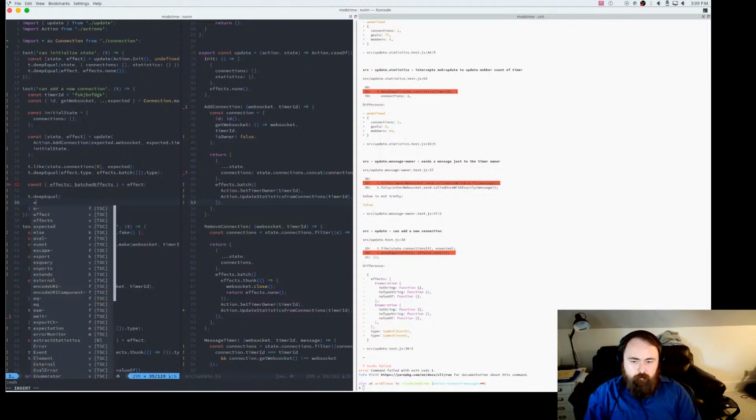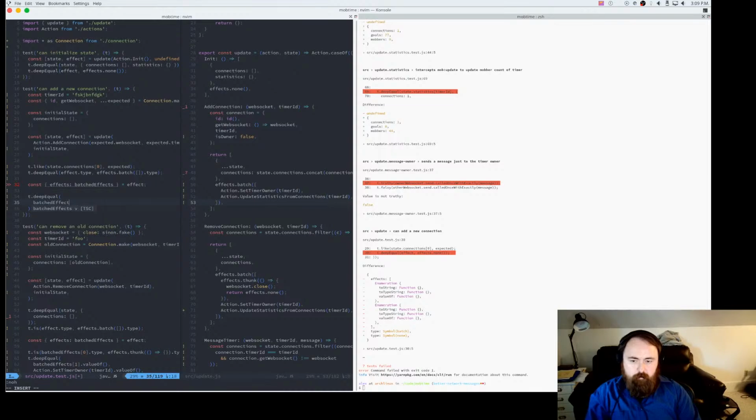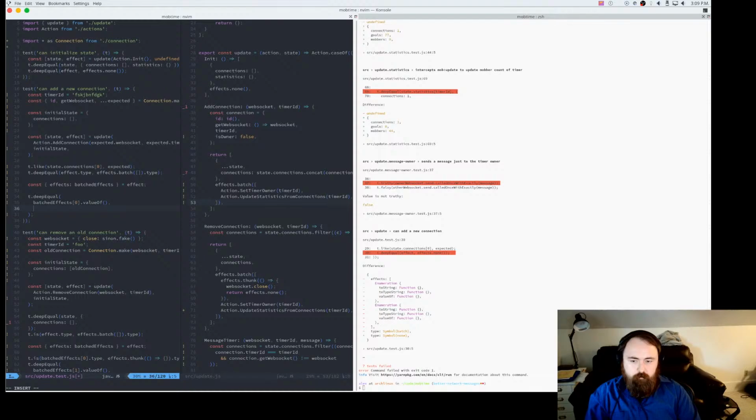So the first one, effects 0.value, because we know it becomes an action. We're going to say that should be the same as action.setTimerOwner for the timer ID.